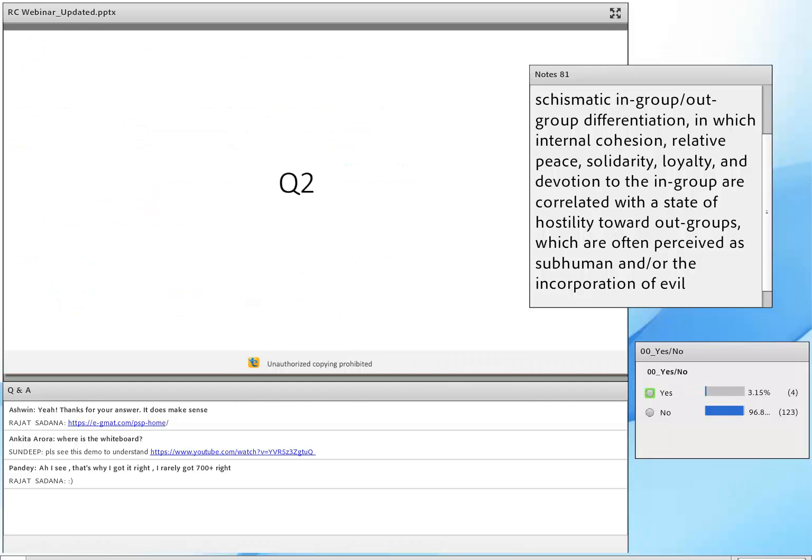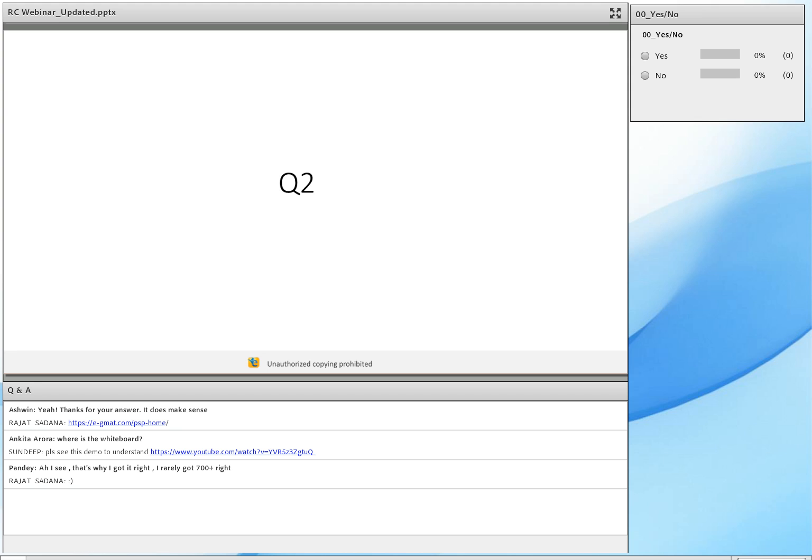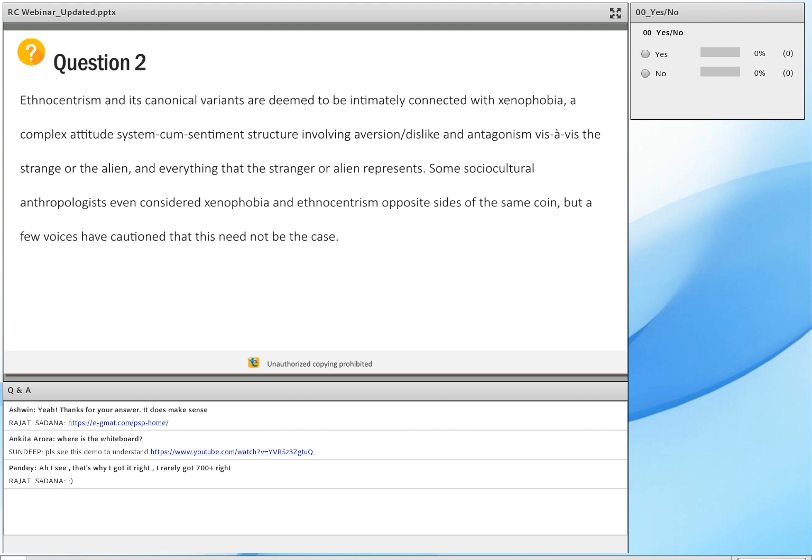All right, question 2, we're going to go through the same process. This is going to become a lot more clear with question 2. I want you to select yes once you've read the passage over here. Don't need to select no, by the way. Just select yes once you've read the passage.